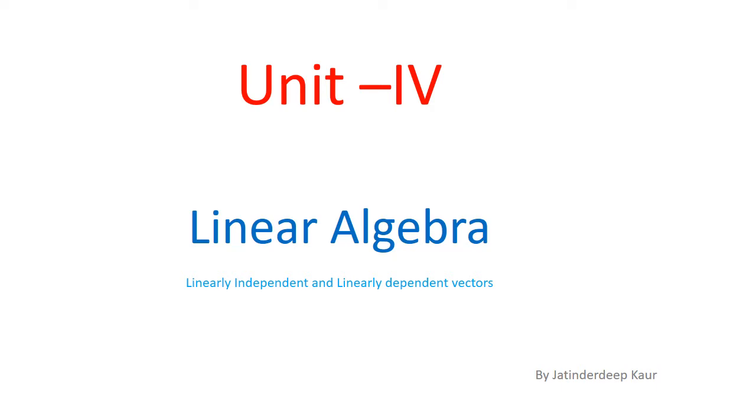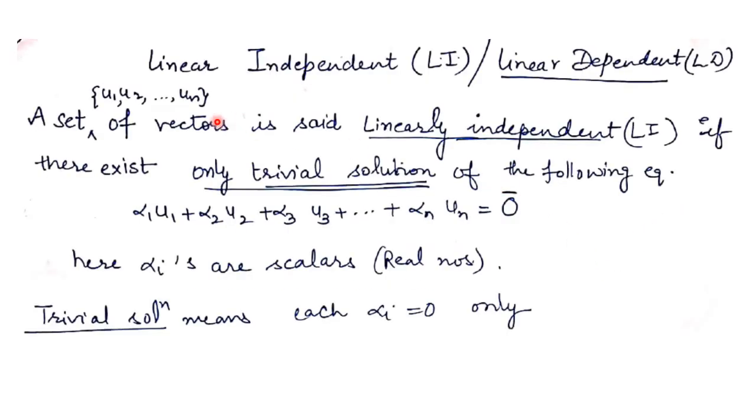So now I'm going to explain linearly independent and dependent vectors. So now just see what are the linearly independent and linearly dependent vectors. You are given any set of vectors. Let's suppose this is u1, u2 till up to un. This set of vectors is said to be linearly independent if